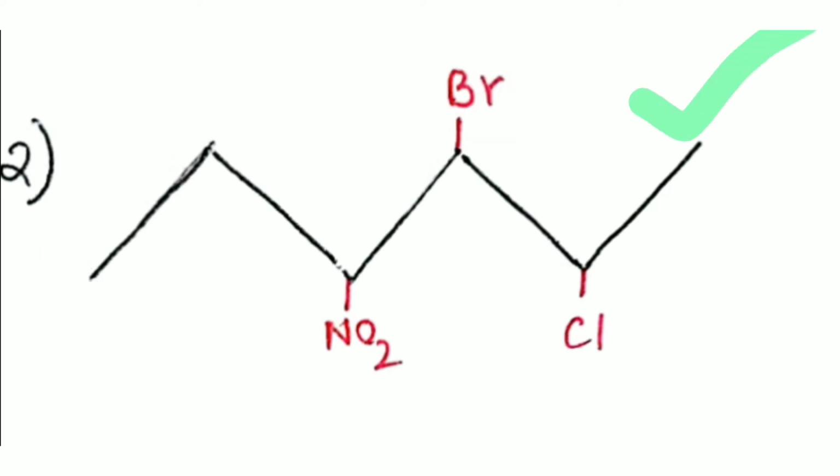So again we have to decide whether to start our numbering from the left or from the right. So here we know that the lowest locant rule is to be used, not the lowest locant sum rule, because the lowest locant sum rule is used when there are only 2 substituents, but here we have 3 substituents attached to the principal carbon chain, and the lowest locant sum rule can be a sort of a contradiction to the lowest locant rule when the substituents are more than 2. So to play safe, we'll go with the lowest locant rule.